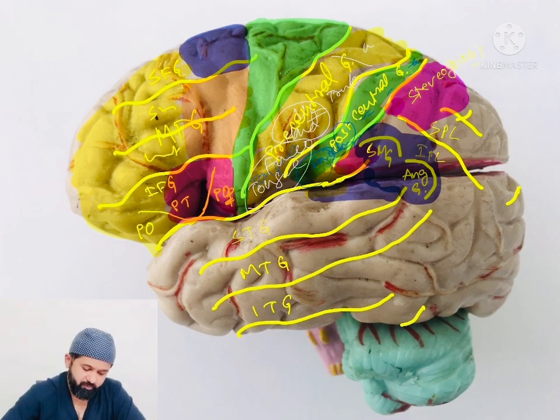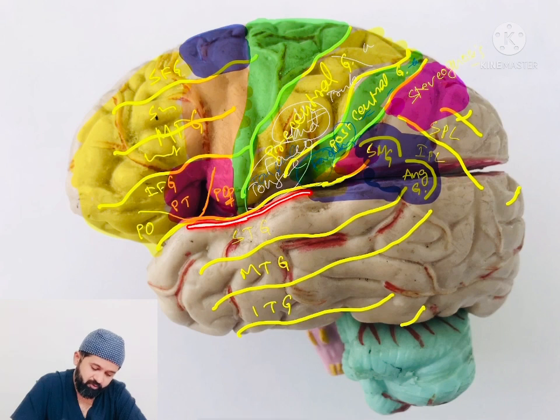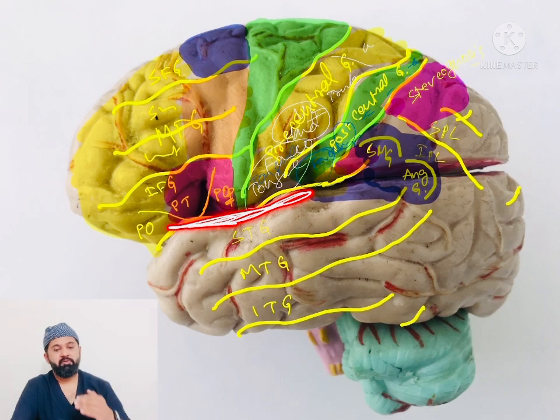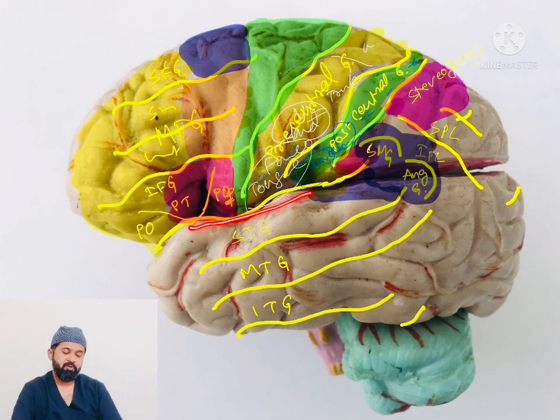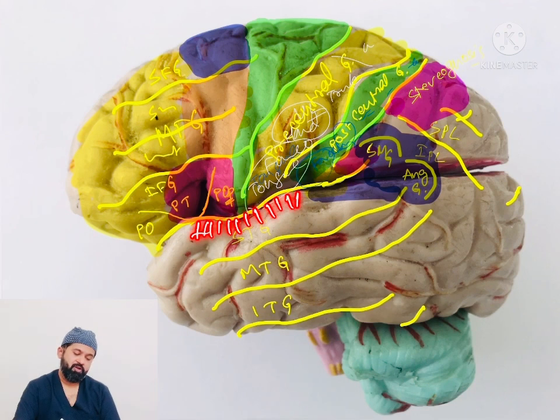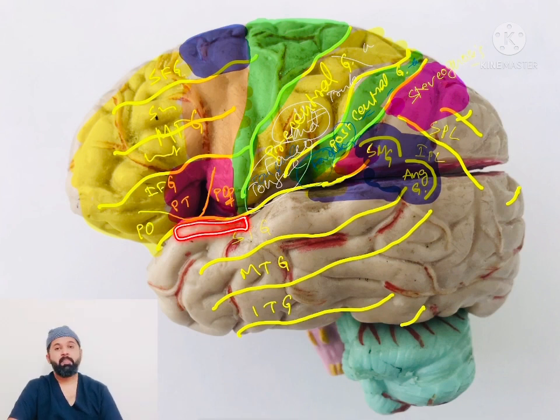In front of the sensory speech area, in the upper lip of the superior temporal gyrus, when we open the sylvian fissure, we can see the upper surface of the superior temporal gyrus, and there are multiple transverse gyri, divided into anterior and posterior transverse gyri. The anterior part of these transverse gyri is responsible for the primary auditory area, which perceives what is being heard.